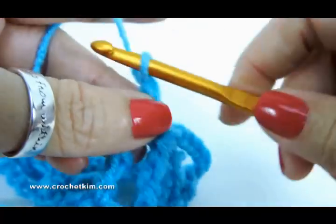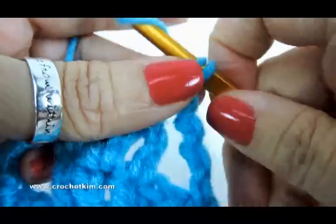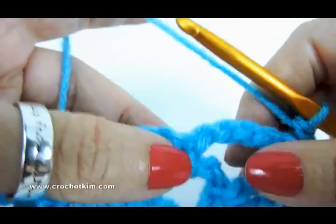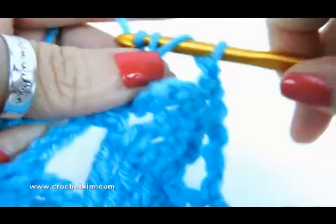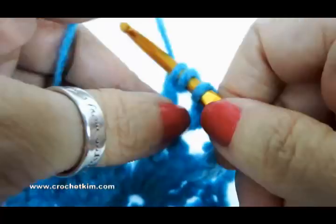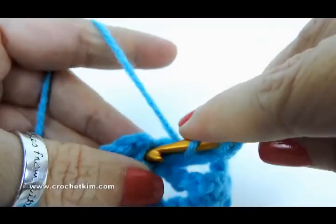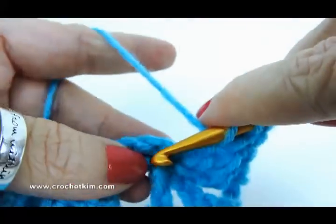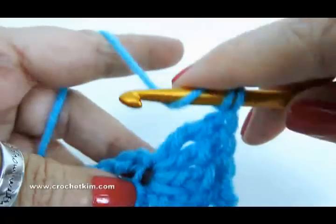To do row 4, this is going to be the shell row. You're going to single crochet into that double treble. And once again, we're going to be doing those massive shells, and we're going to do them in a single crochet. You're just going to jam those stitches right into that one single crochet, and I promise it will fit. So 1 and 2 and 3, 4 and 5,